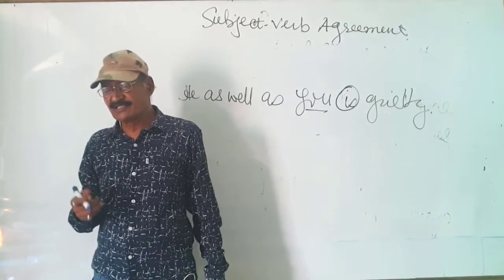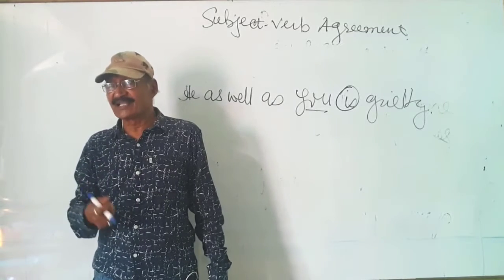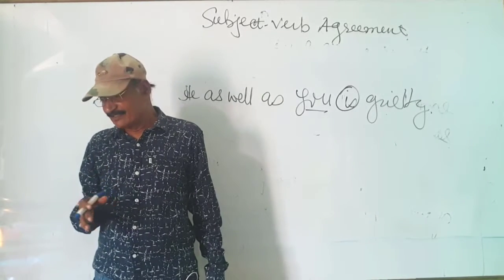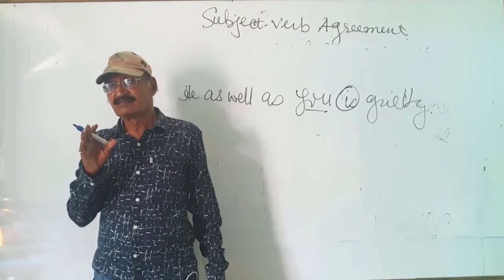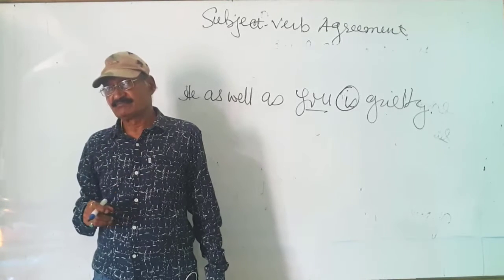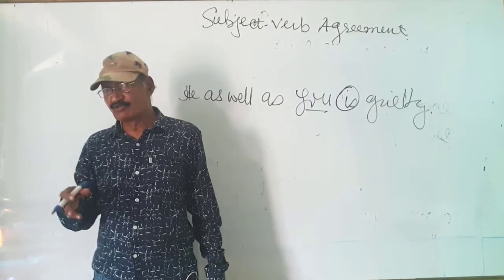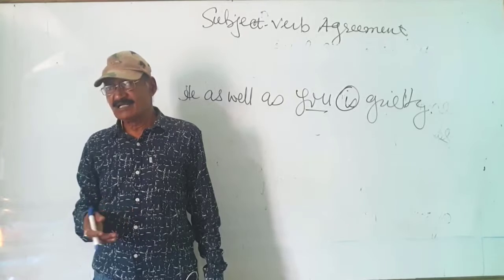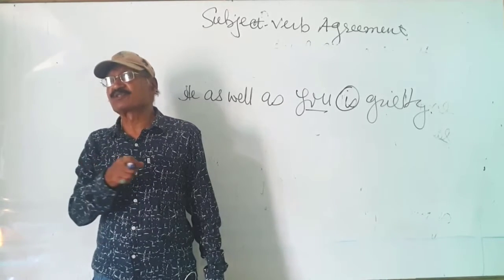What is the question here? You are a good boy. He is a good boy. We can say like that. But here a singular verb is used with the second person. It is not quite possible according to what we have read previously. But here, in the agreement of subject and verb, it is possible.